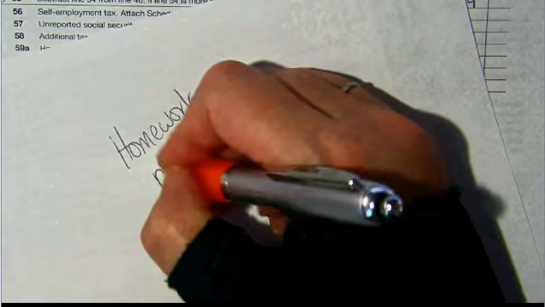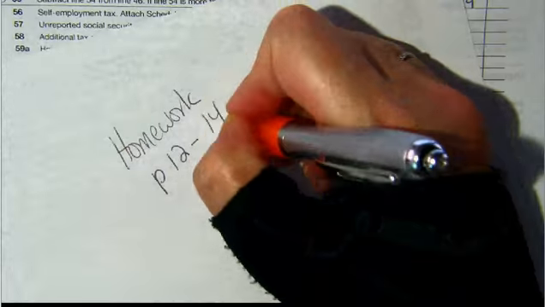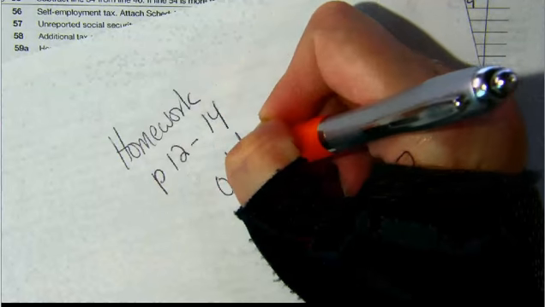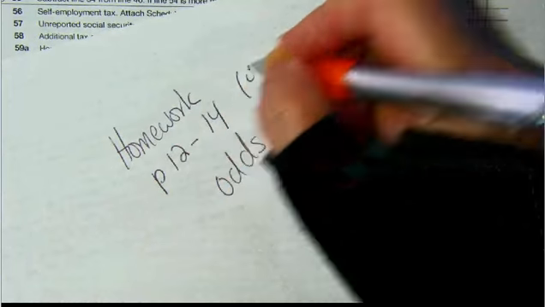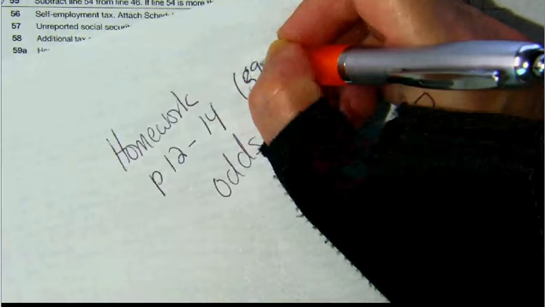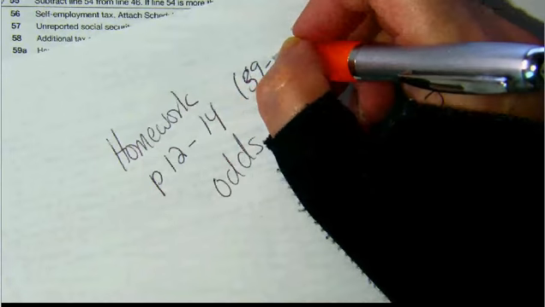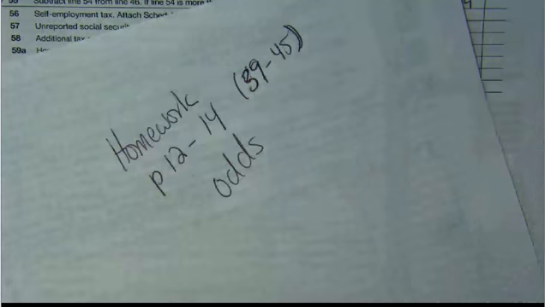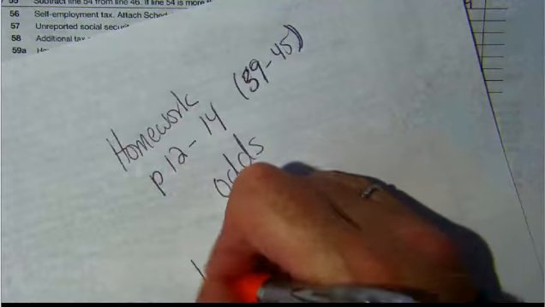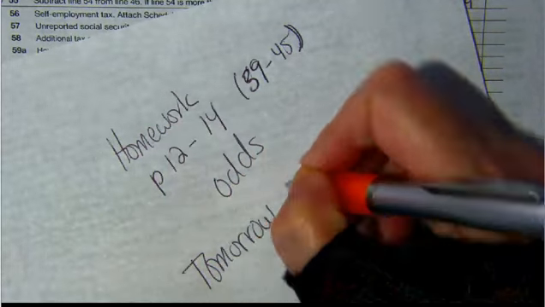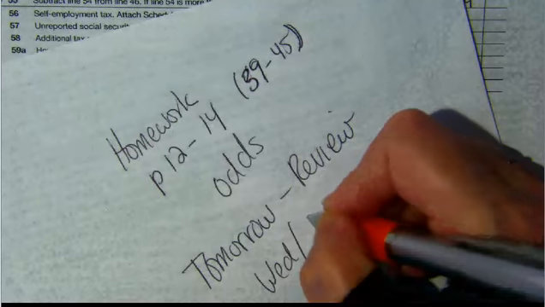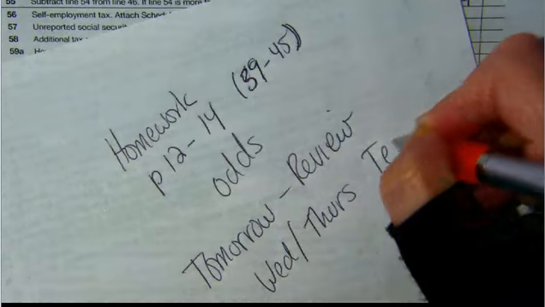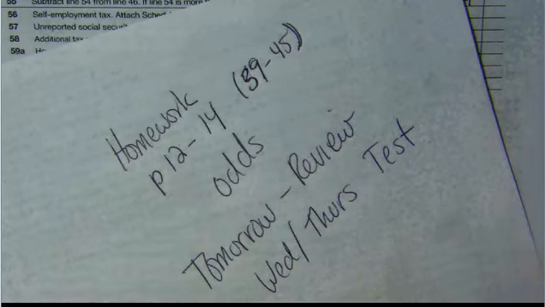It's page 12 through 14. Odds. Which 39 through 45. Okay. All right. Tomorrow, review. Wednesday and Thursday is the test. The reason it's Wednesday and